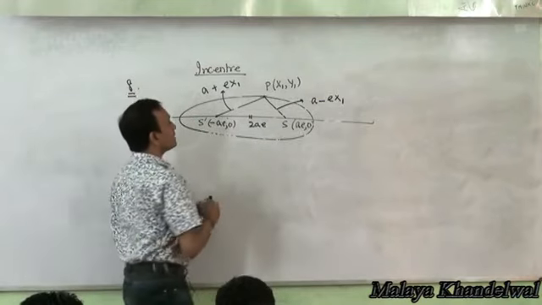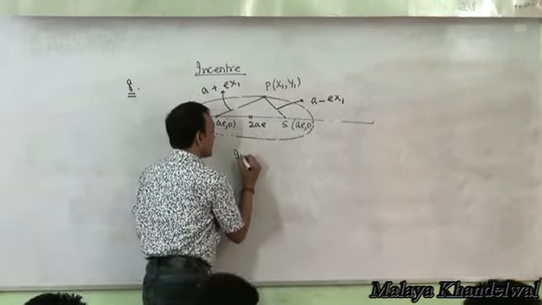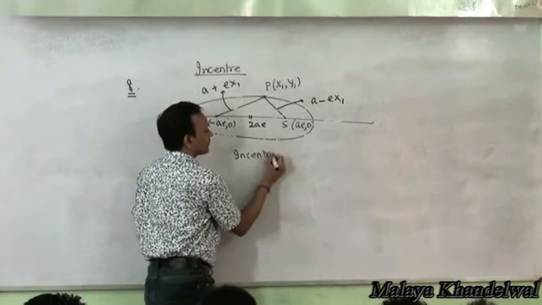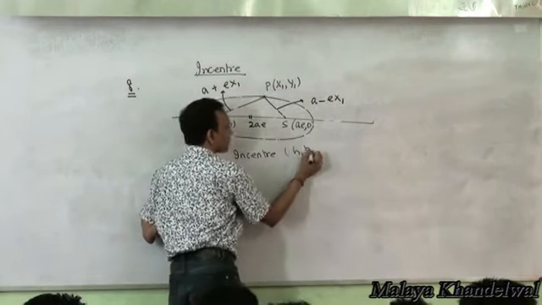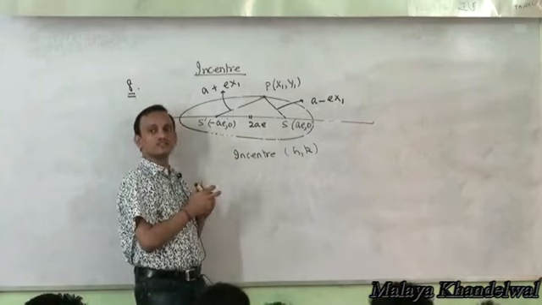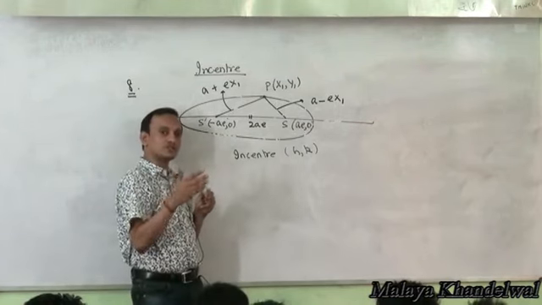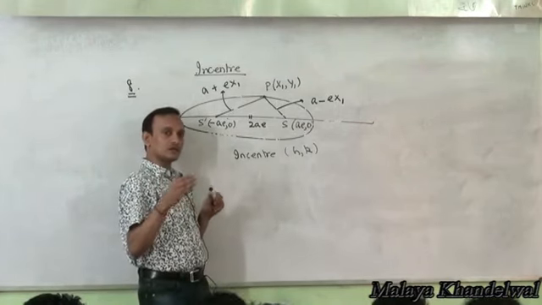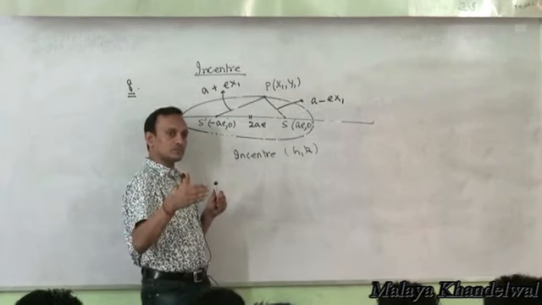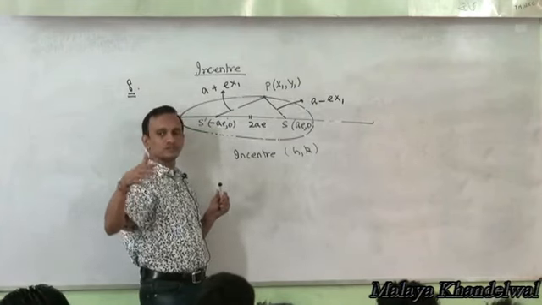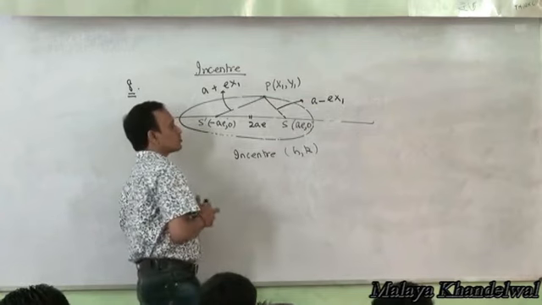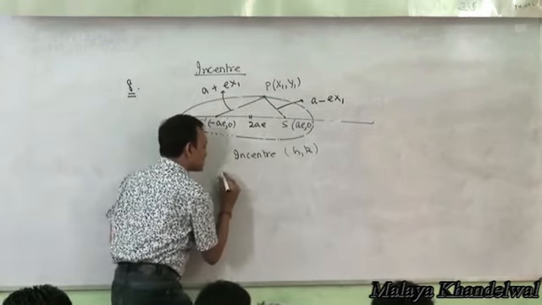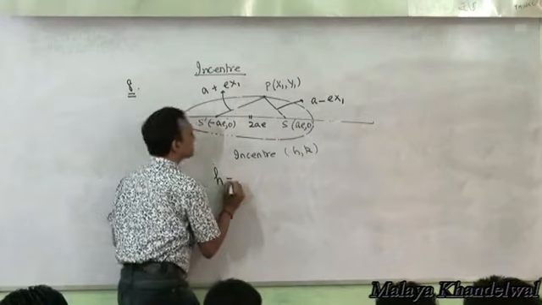Now the incenter has coordinates, say, h comma k. Do you remember the result for the coordinates of the incenter? ax1 plus bx2 plus cx3 by a plus b plus c. The y coordinate is ay1 plus by2 plus cy3 by a plus b plus c, which means the x coordinate of the incenter h is given by